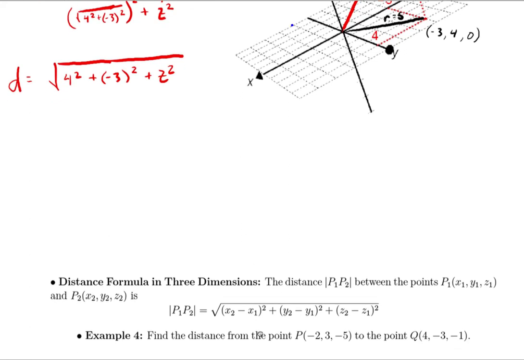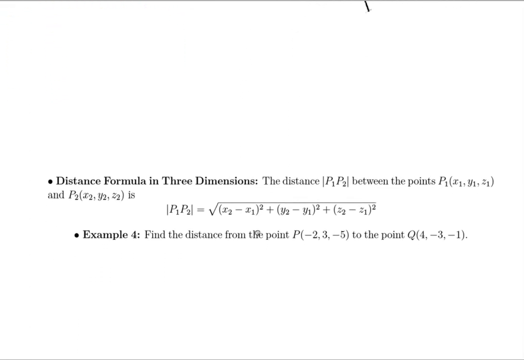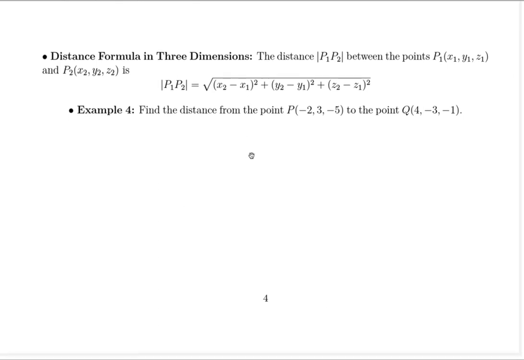But then more generally, we're not always going from the origin, right? A lot of times we want to go between 2 points. So we just take the distance formula we know from 2 dimensions, which is the difference in x's squared plus the difference in y squared, take the square root, and just add the difference in z squared. So if I want an example 4 here to find the distance between these 2 points,